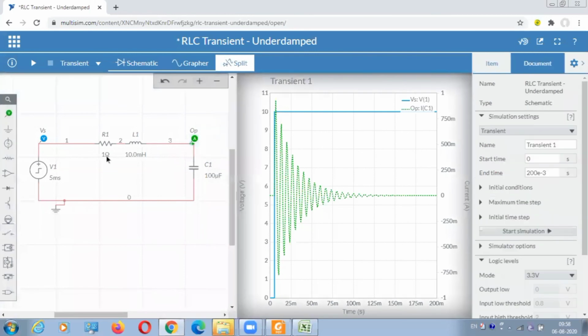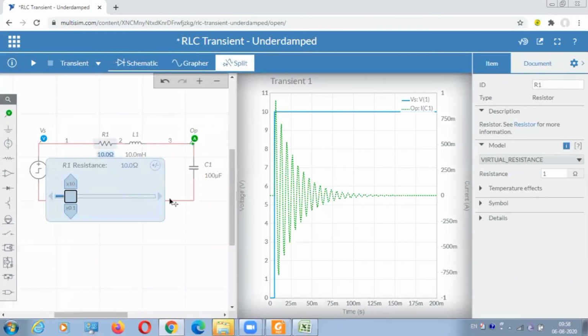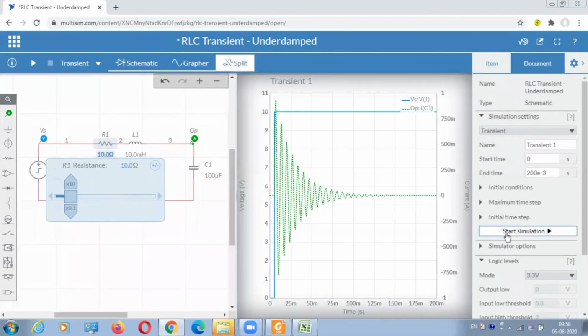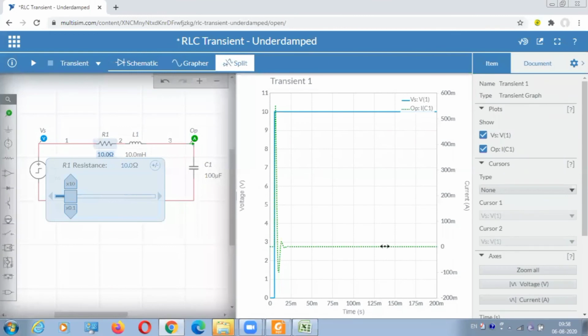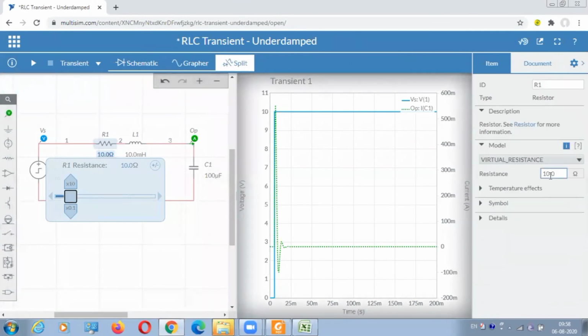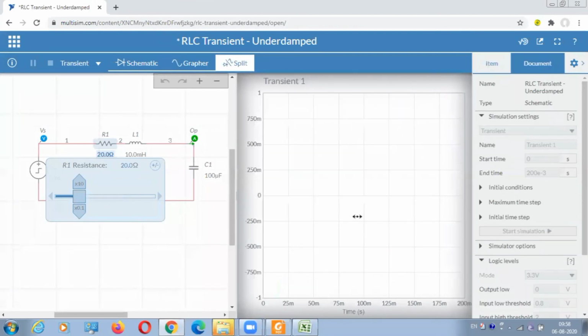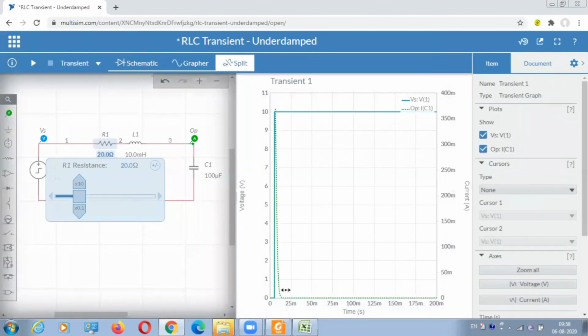Okay. If you change your values over here, I don't remember, I think it was 10. I'm just checking what is happening, and changing my steady state value. See, it has become overdamped condition. See, one oscillation, then reaching steady state. Only one oscillation, then it is reaching steady state. Okay, I think this was 20 as I simulated. I don't remember. Let's just check what happens. See, no oscillation, one peak and reaching steady state.